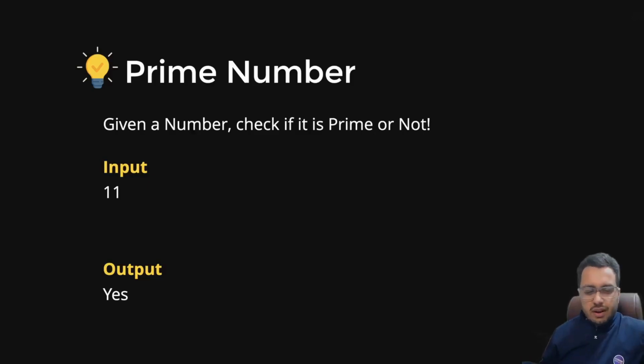Hi, so now we will try out another problem. The problem is, given a number, we want to check if it is a prime number or not. So let us quickly recap what a prime number is. A prime number is a number that has only two divisors, 1 and the number itself. So if you're given an n and it has only two divisors, 1 and the number itself, then it